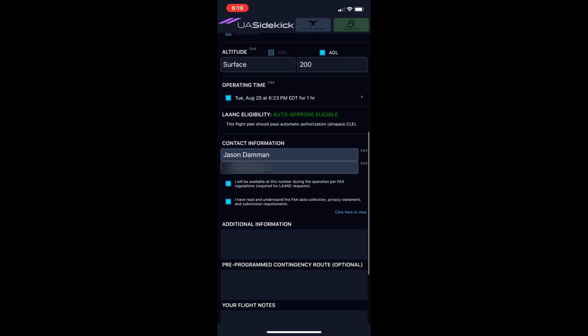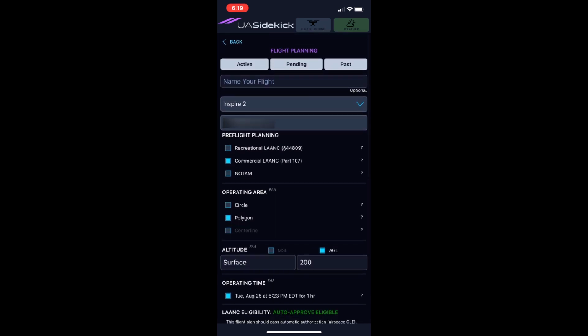You'll submit it off, and you should get an instant approval allowing you to fly in that grid at that date and time up to 200 feet in this example. Just as a note, when you are looking to get FAA authorization to fly in these areas, the FAA ArcGIS website is going to be the master document as far as the altitudes are concerned. These other apps may have different altitudes, possibly. I've never run across that situation, but if that were ever to be the case, the FAA ArcGIS maps will be the deciding document and have the final authority over the altitude that you can apply for